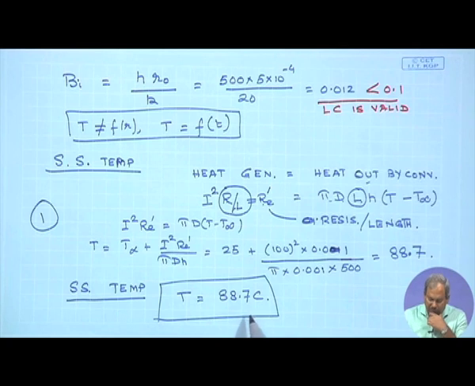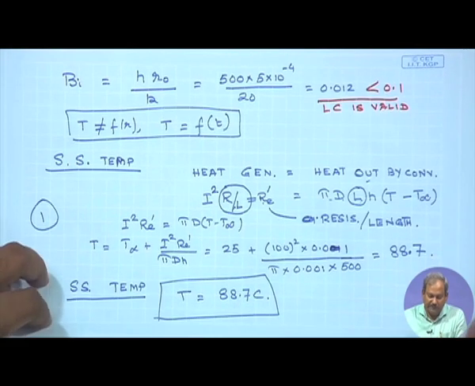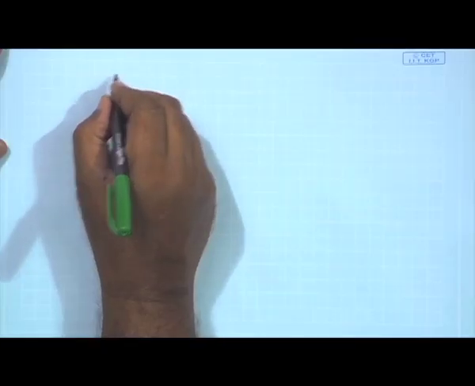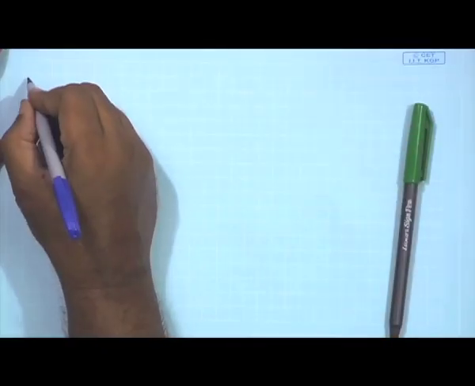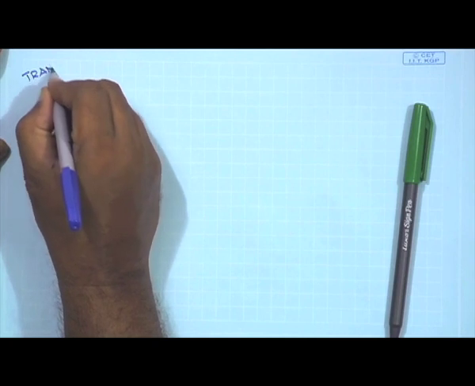In the next part we have to find out how much time is needed for the wire to reach within 1 degree centigrade of the steady state value, or in other words, what is the time needed for the wire to reach a temperature of 87.7 degrees centigrade. In order to do that, we first have to realize what is going to be my governing equation for the transient. So here we are talking about the transient case,